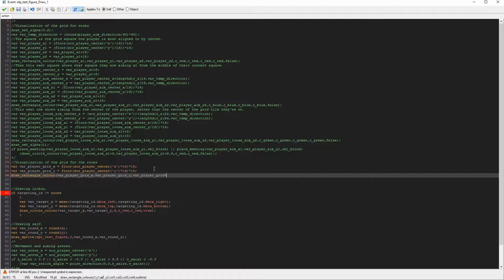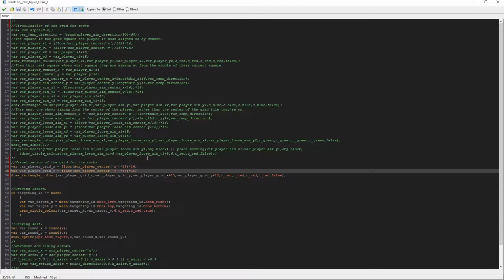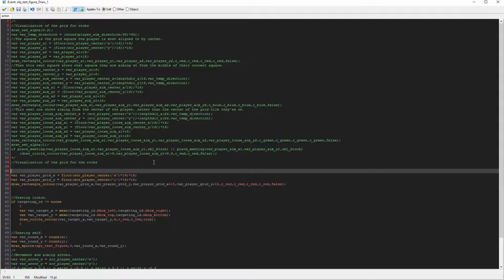Oh, I forgot the X. Var player grid Y plus 15. Then the fun part, red, c_red. Once again, that's the constant for red. It won't be an outline, it'll be filled in,